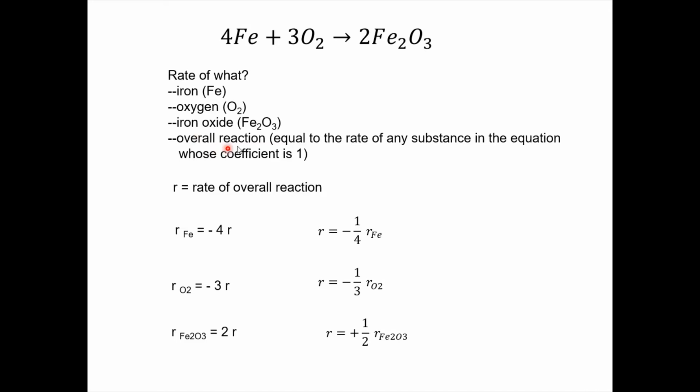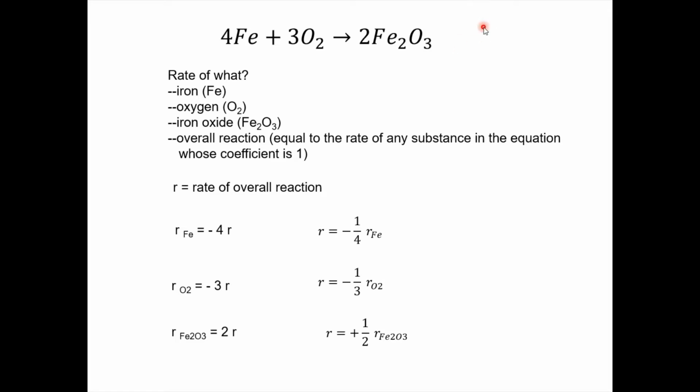Now, what is the overall reaction rate, and how is it different from the others? It's related. And here in the parentheses, we tell you what the overall reaction rate is. It is equal to the rate of any substance in the equation whose coefficient is 1. Now, one thing you'll notice is that this equation does not have any substances whose coefficient is 1. It's actually probably an exception. Most equations have at least one thing in them that has a coefficient of 1. Not all of them, maybe not even 80% of them, but a lot of them will at least have one